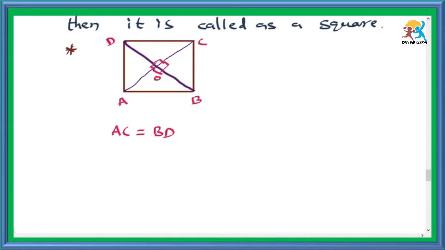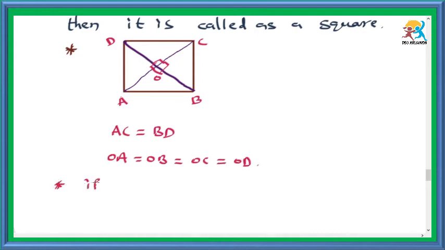From the property of parallelogram, diagonals are perpendicularly bisecting. So, here also the same, but here extra is the diagonals are equal. Suppose AC is 8 centimeters, then BD will be 8 centimeters. So, what is the half of BD? 4 centimeters. So, OD will be 4 centimeters and OB is also 4 centimeters. OA is also 4, OC is also 4. So, we can write OA is equal to OB is equal to OC is equal to OD.